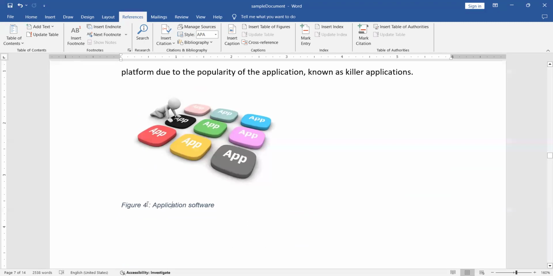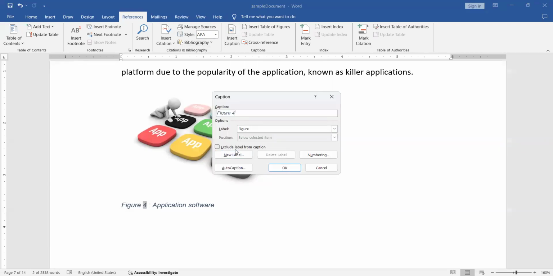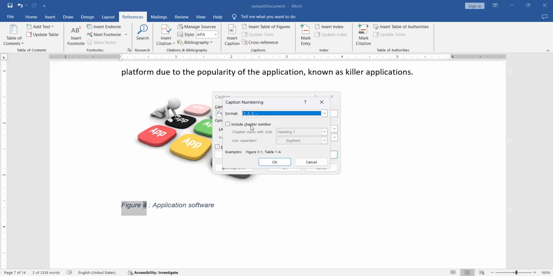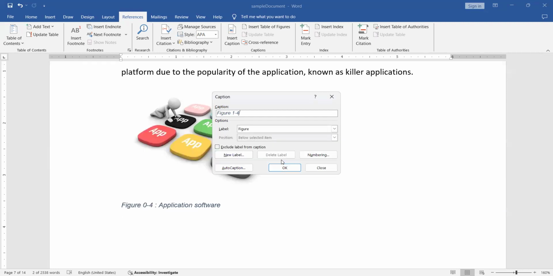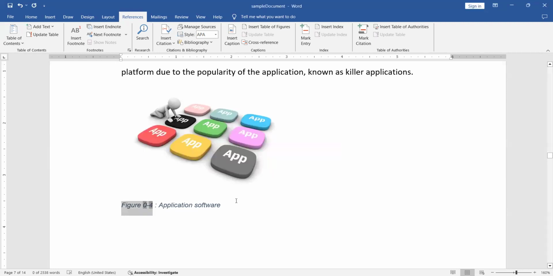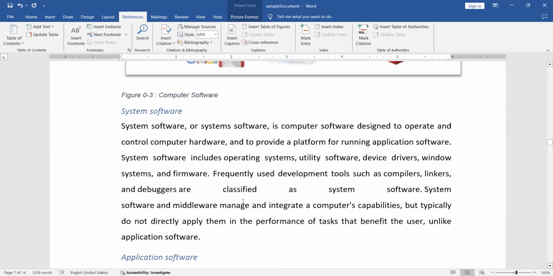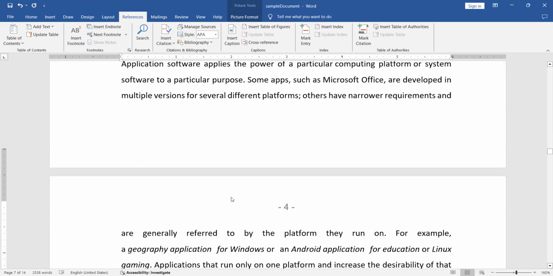So if you want in this figure labeling, figure labeling actually can be done using the chapter number as well, right? So here we can say numbering. Here we can include the chapter number, right? So for example, usually chapters are numbered by the heading 1 style. Then you can insert this heading 1 style if you wish. So usually it should be 1. So it starts from 0. We can change that, right? So we can change that